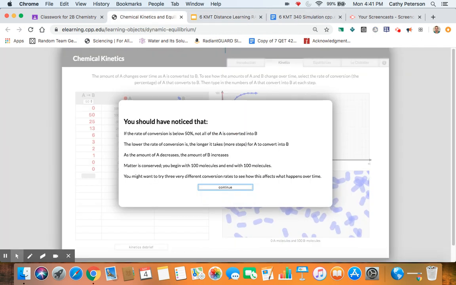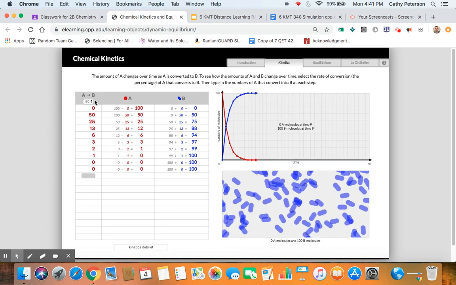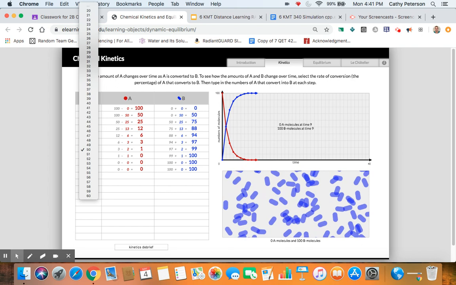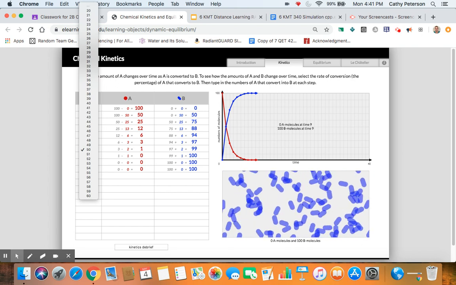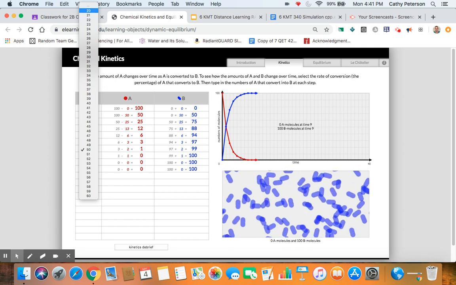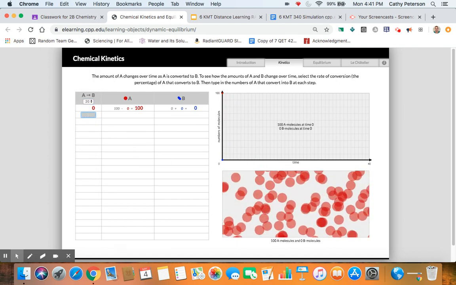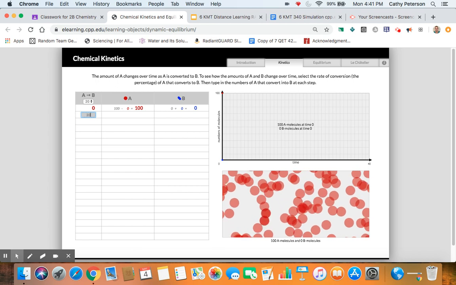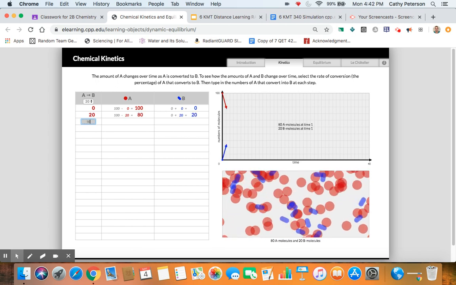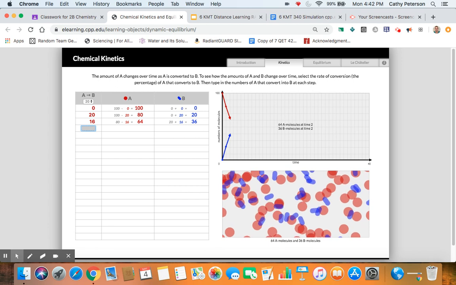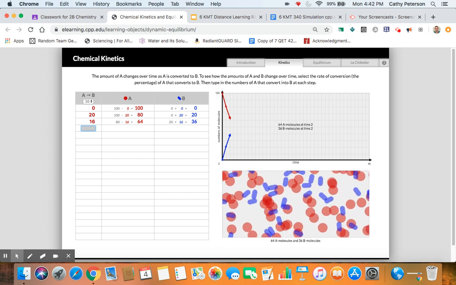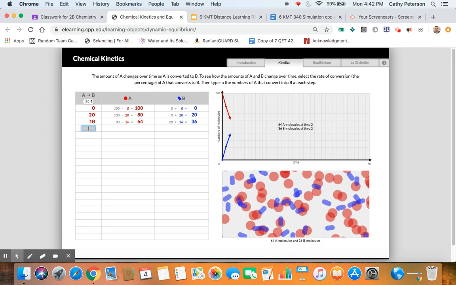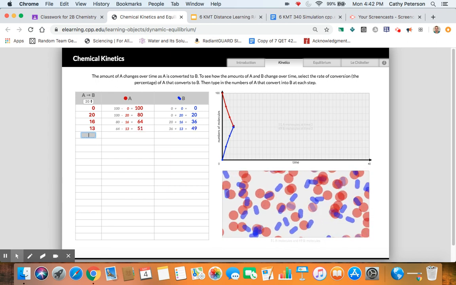So again, I'm going to go back to the simulation. I'm going to change that percentage. So this time I'm going to choose 20%. It'll reset it for me. I take 20% of 100, and that's 20. And then I take 20% of 80, which is 16. And then I take 20% of